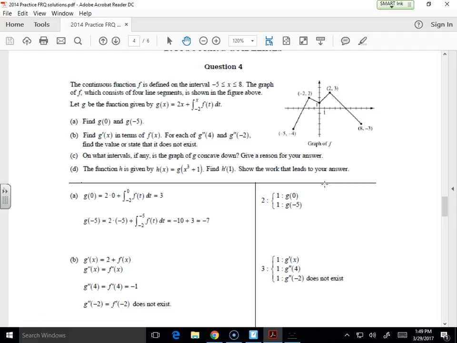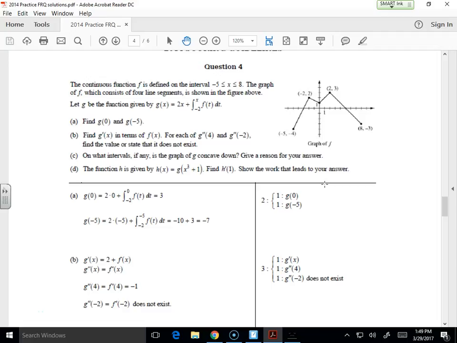Kiddos, what do you see up here on the front board? Not solved, but I've walked through the main parts of how to analyze this if it's in terms of an integral of that function. And I've tried to walk through what you need to think about when plugging into the original. You're going to have an integral with bounds, so use geometry formulas and areas. For G prime, take the derivative of this using FTC part 2, and I even write the formula. How do I find the second derivative? We take whatever that ends up being and take the derivative. And yes, the derivative of f is just f prime.